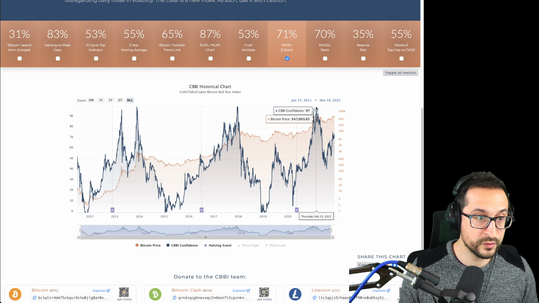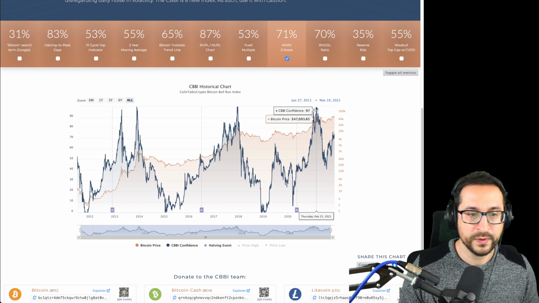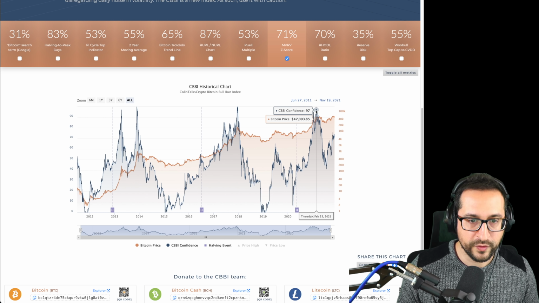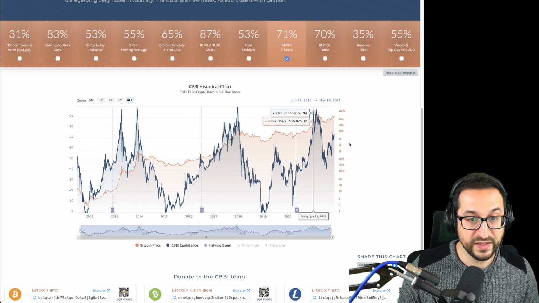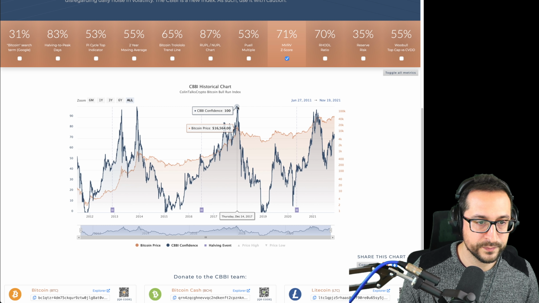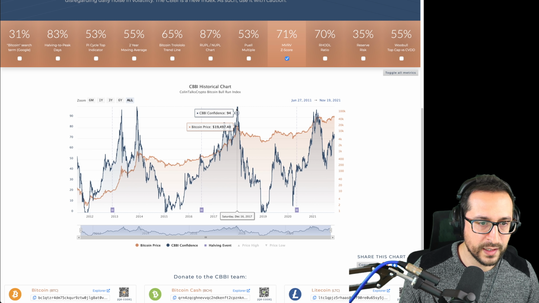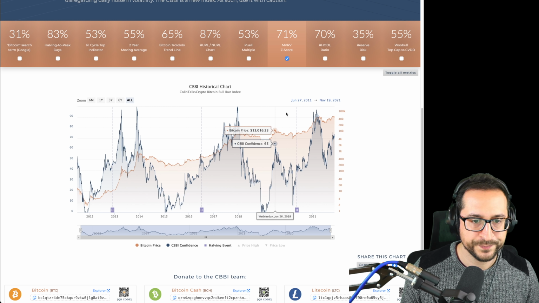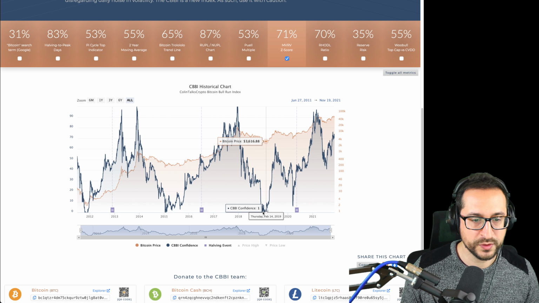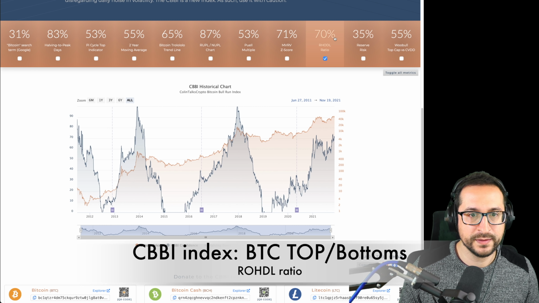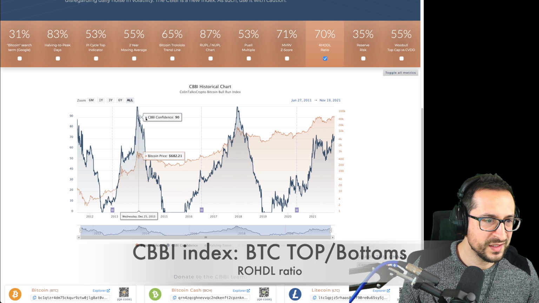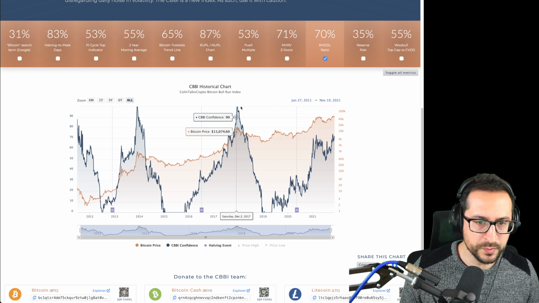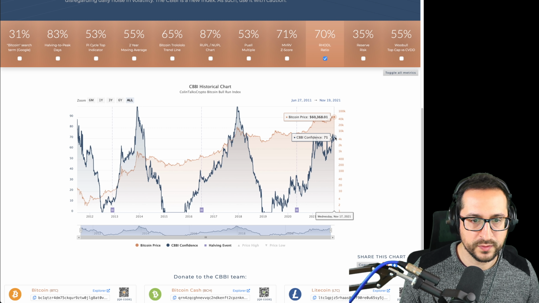Interestingly, people tend to compare the 2013 cycle with the current cycle. And in that sense, our first peak is also at 97. So in theory, the next peak could get to 100. I can see that in 2017, there's a double peak as well for the indicator. It seems very precise as well for spotting bottoms in 2015 and in 2019. The RUPL is at 70%, so it's pretty high at this time. It's been extremely accurate for spotting tops, and seems to be still 30% ahead of our next top